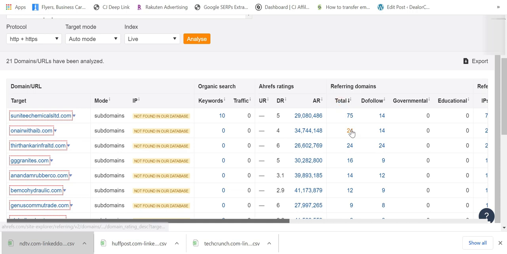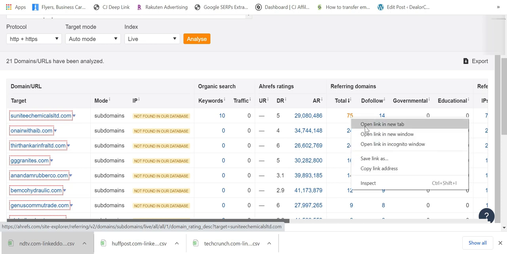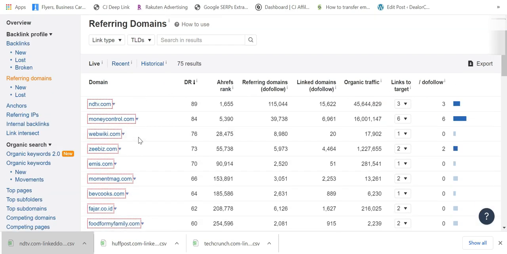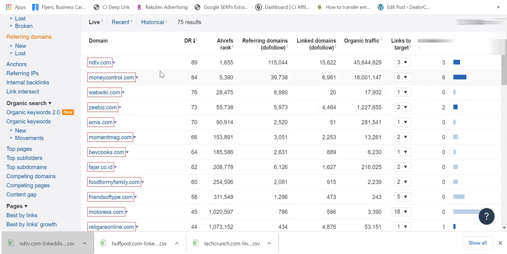So this Suniti Chemical chemicalslimited.com has 75 unique referring domains and is getting 14 dofollow links. I am more interested in understanding their backlink quality, so I'm going to click on it. What are the domains they have? They have links from NDTV, Money Control, Z Business, Moment Tag, this and that.